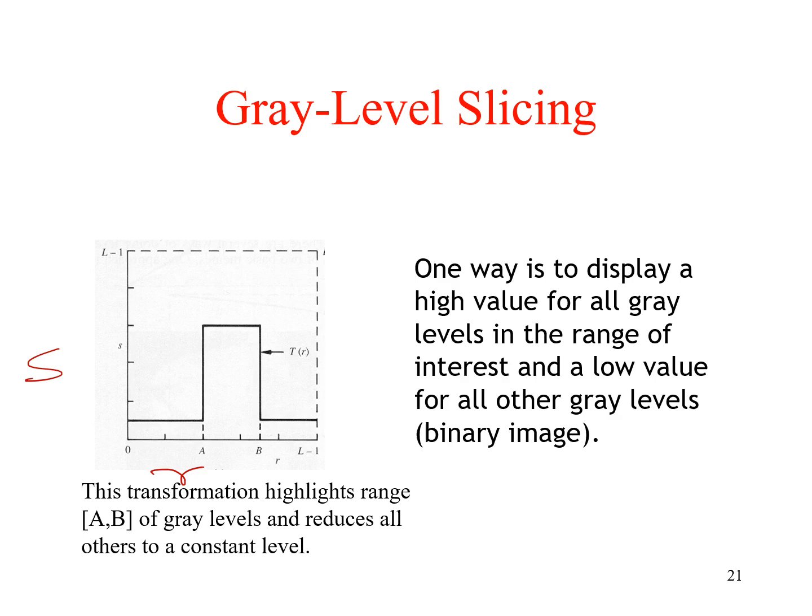Now you see here, this is the transformation function. So what is happening till point A? Till point A, we are assigning some constant value to the output. Then from A to B, another constant value. And then from B to L minus 1, again the lower value. So maybe label this as the lower value and this as the higher value, and we are assigning two values.